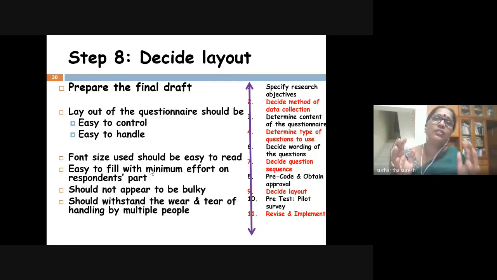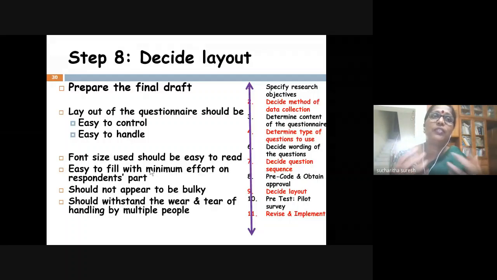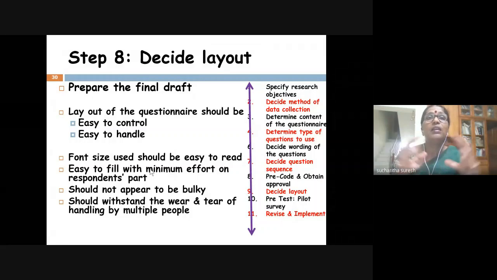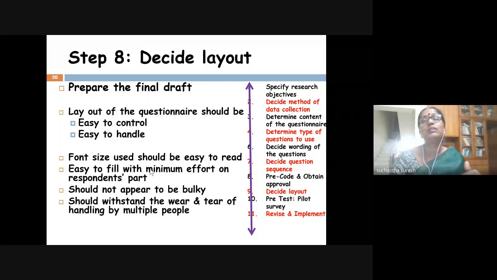Give a nice one because you are taking their effort and their time for yourself. So you make the questionnaire attractive. It doesn't mean that you have to give outlines and some coloring and flowers, not like that. The questionnaire should be attractive with logical sequence, easy and simple words, and no ambiguity. All these things facilitate the people to give the response. No response is a threat for a researcher.